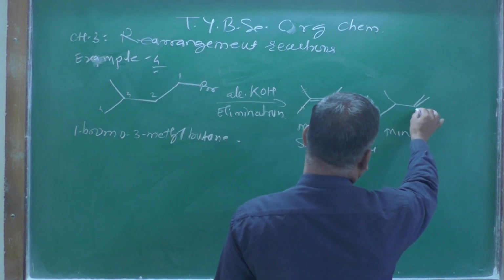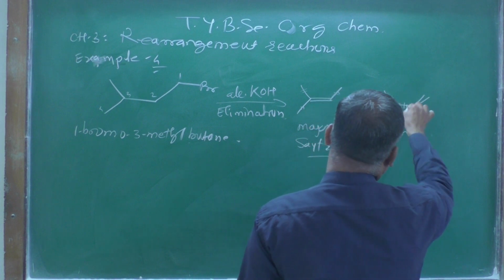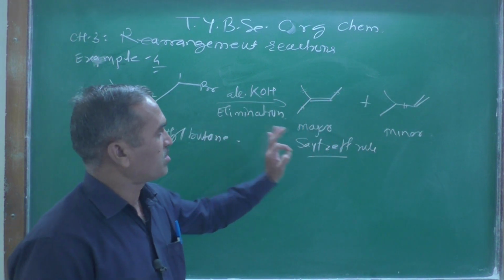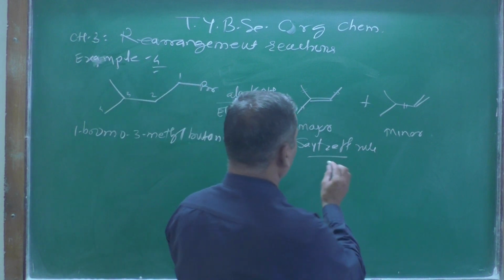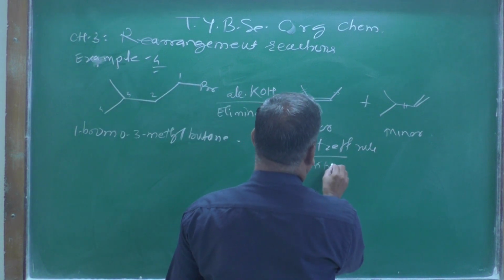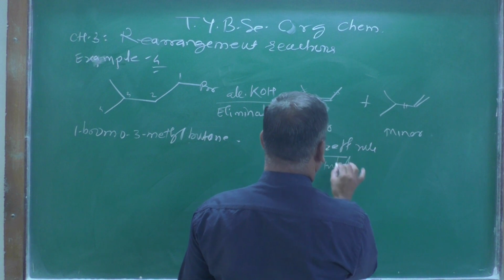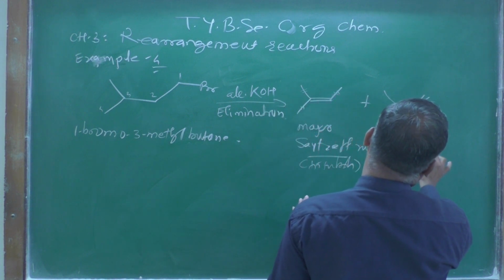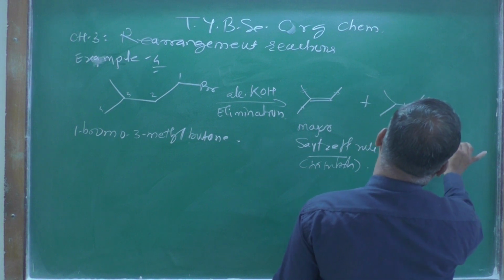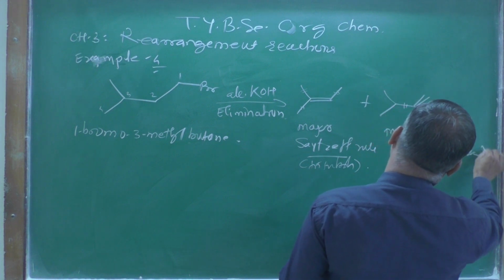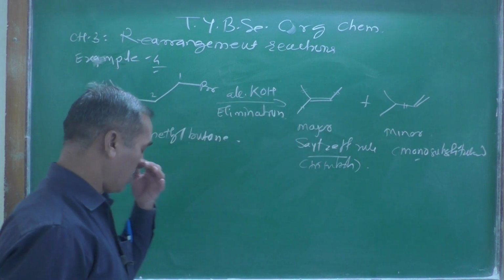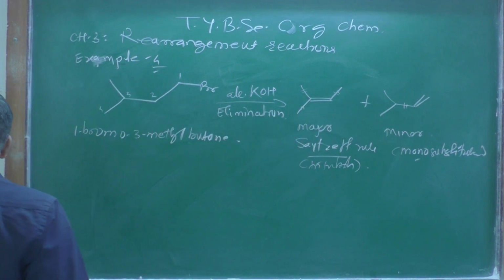And if you look at this alkene, substituents are present on only one side, and this one is only mono-substituted. This one is tri-substituted, this one is mono-substituted. And so according to the CH-3 rule,